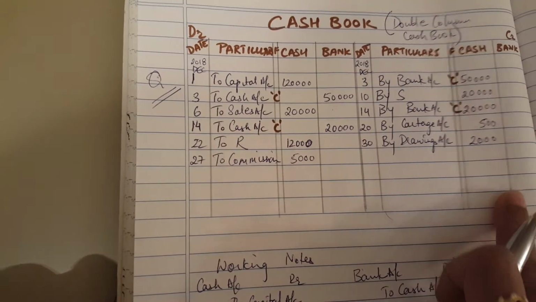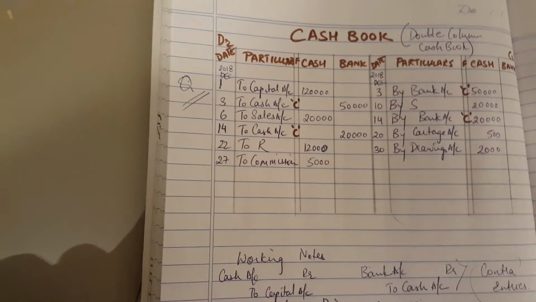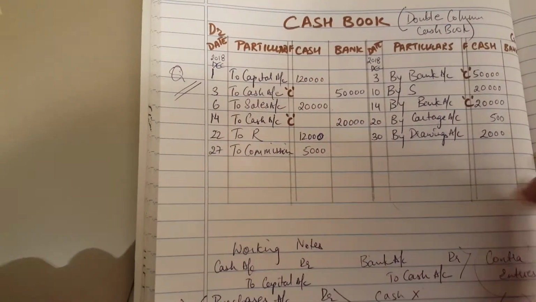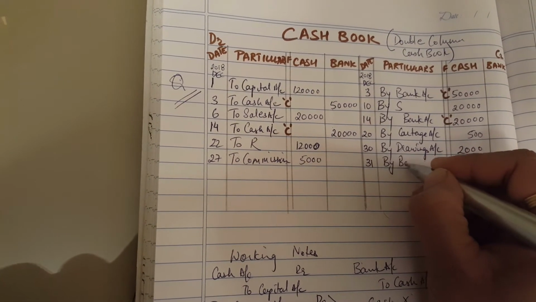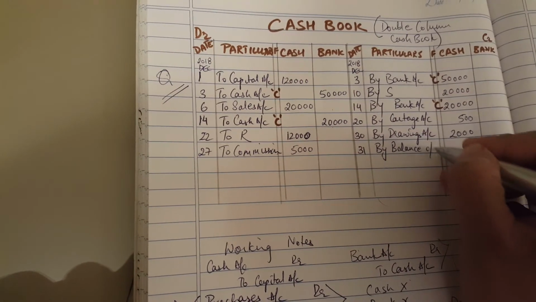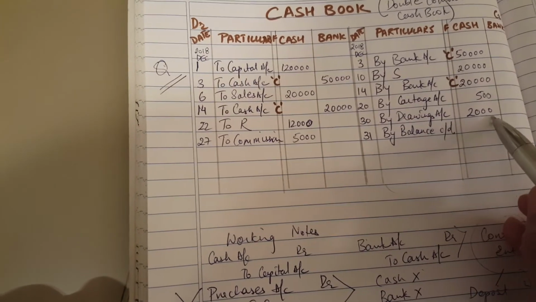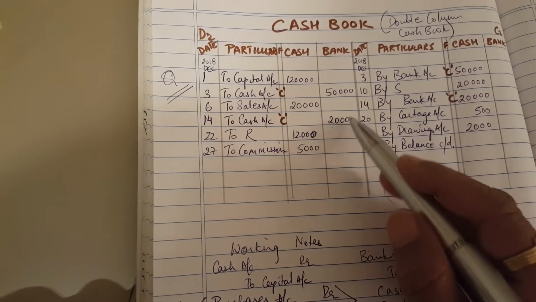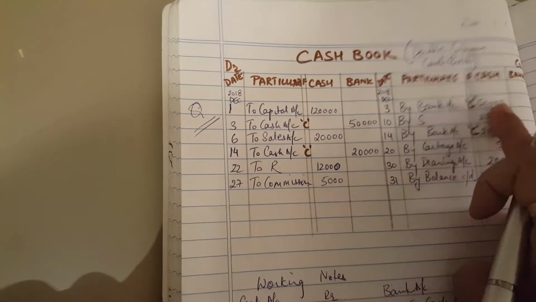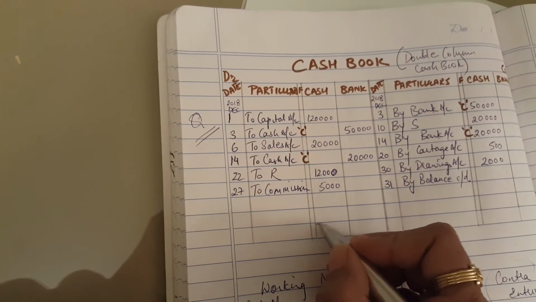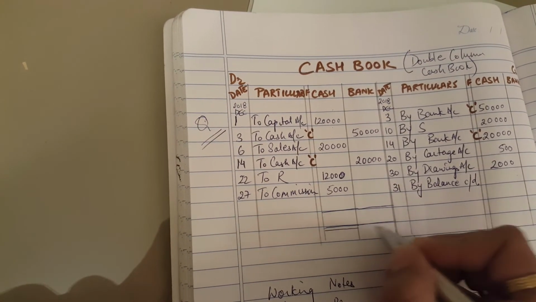So here, if you see, the entries related to bank and cash all have been entered by you, and you have to normally do the balancing. Say it is a month of 31 days, yes, December has 31 days. On the 31st, you have to write by balance carried down. Now always remember children, come what may, cash account always will be by balance carried down. Bank account may sometimes be to balance carried down. So you will find out the total of both the sides and you will balance your account. When you find out the total, as I told you, you have to draw a double line. Here also you will draw a double line.